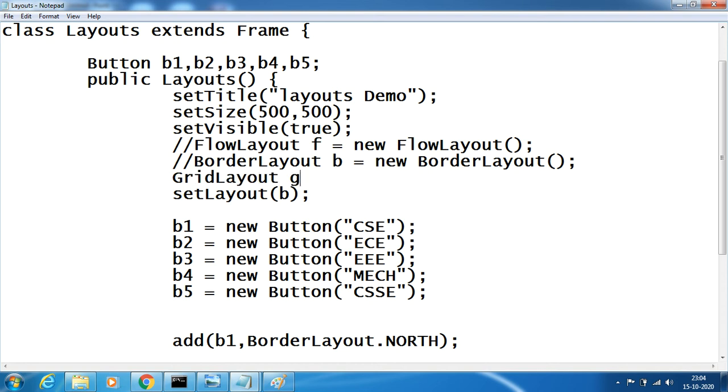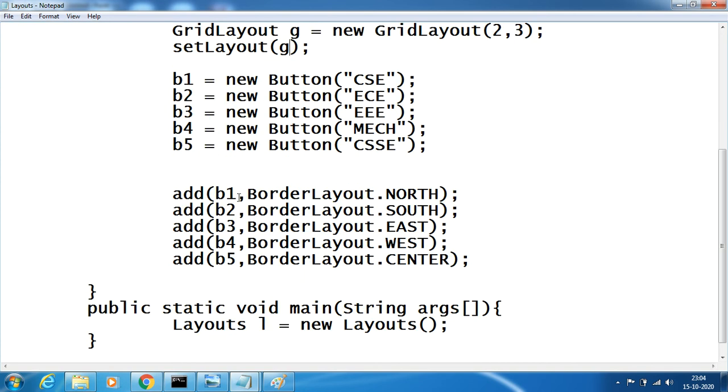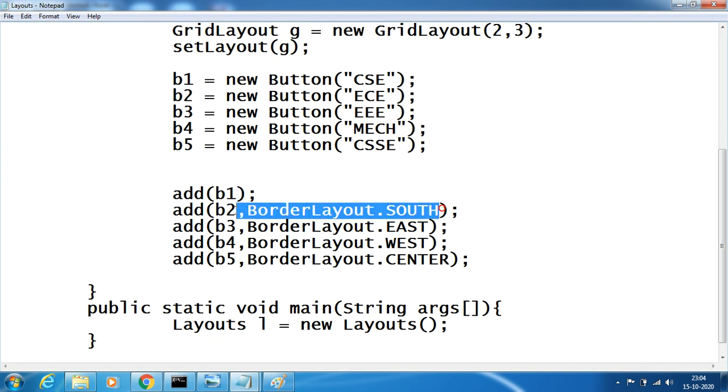GridLayout G equals new GridLayout. Sorry, spelling mistake. GridLayout should take the number of grids in rows and columns. Say if I say 2, 3, it means I want to have 2 rows and 3 columns. Depending upon that I have to arrange the elements. So GridLayout G equals new GridLayout of 2, 3. Now change this into G. Now you can remove all these things,